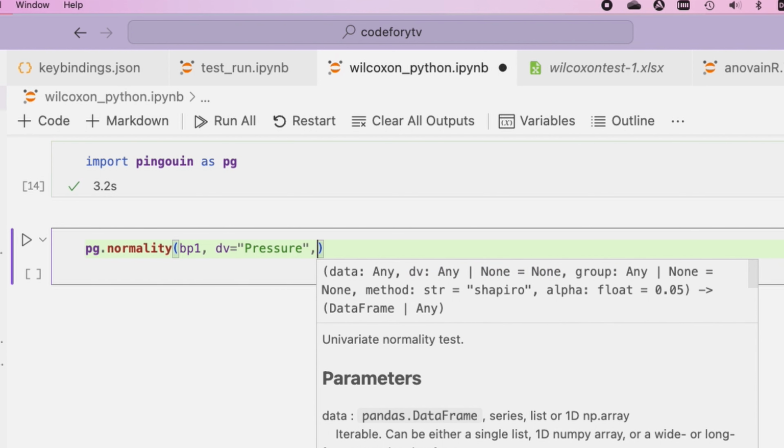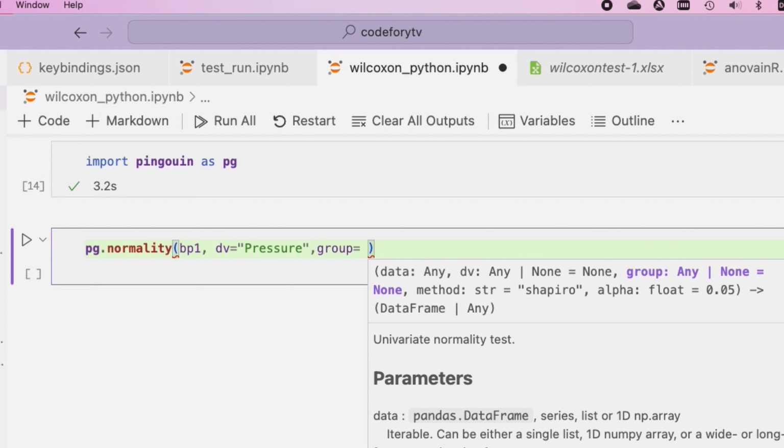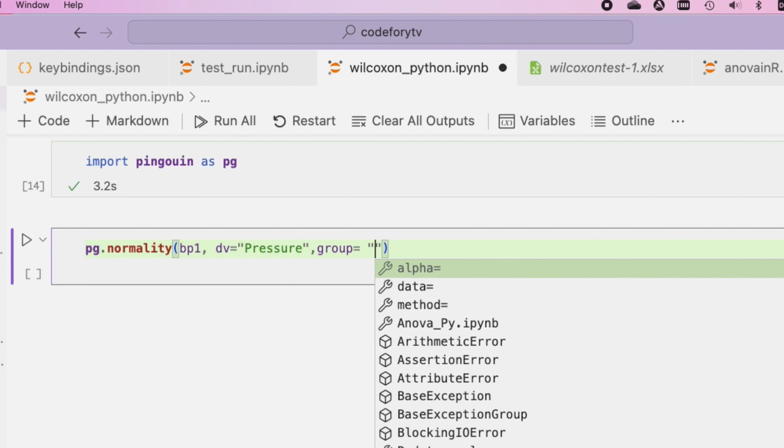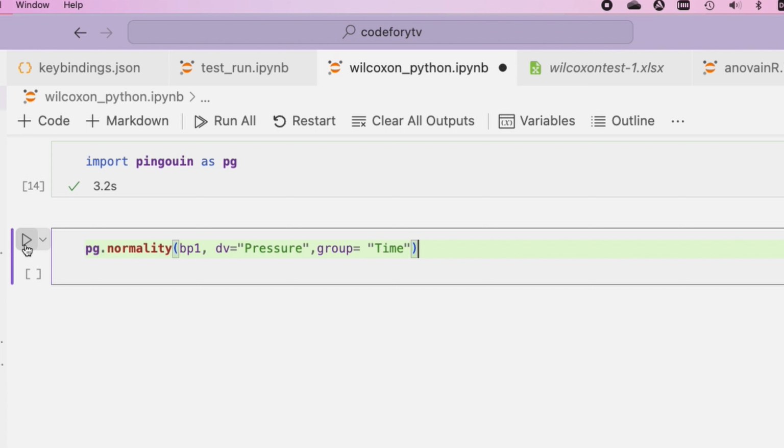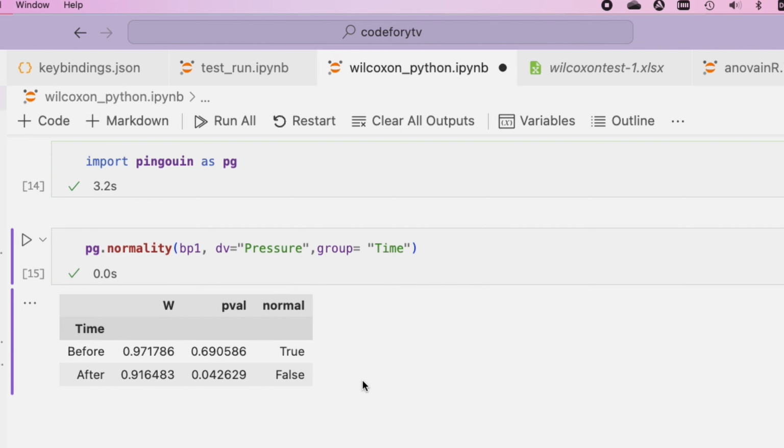We put a comma after it, and group. What is a group here? Group is our treatment. Group equals, we just write here, treatment, and our treatment is in a before and after stay in the time column. So we just write here time, and we simply run the code, and we can see here Pingouin's library